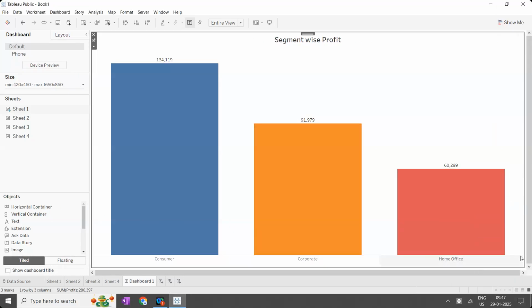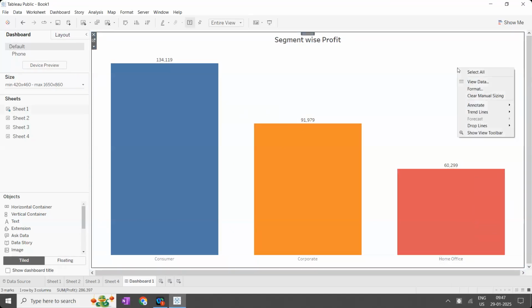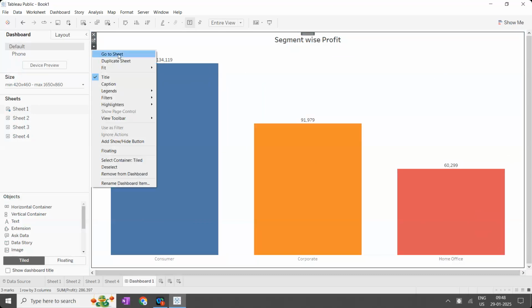Just set floating to each plot so that, yeah, set size to automatic. So here, in terms of adjustment, it will be there. Okay. In terms of duplicate sheet, it is